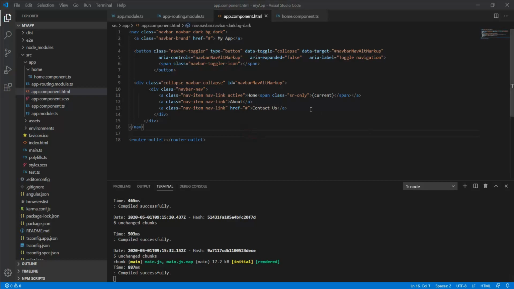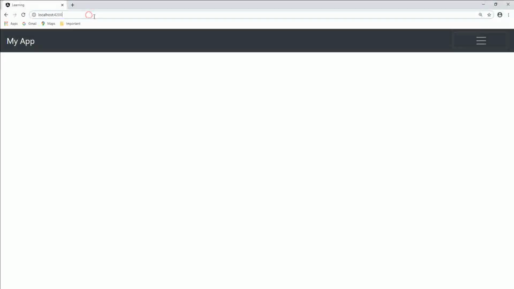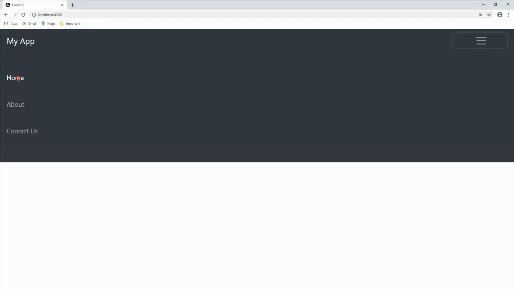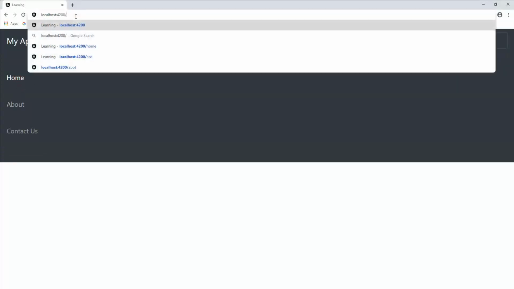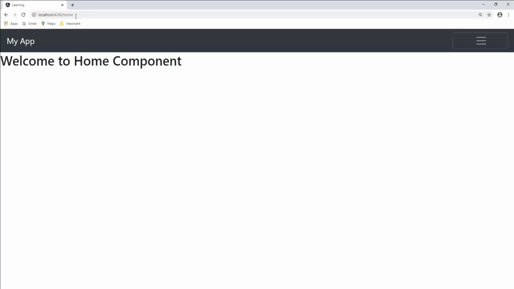Okay, fine. One more thing here. Currently the component only opens if you write home in the URL.